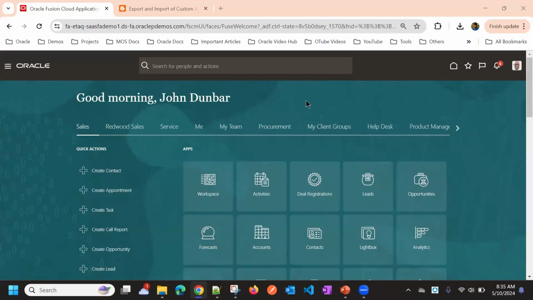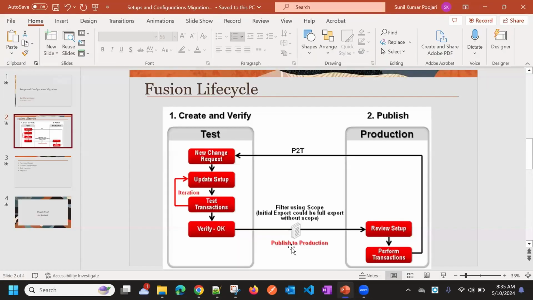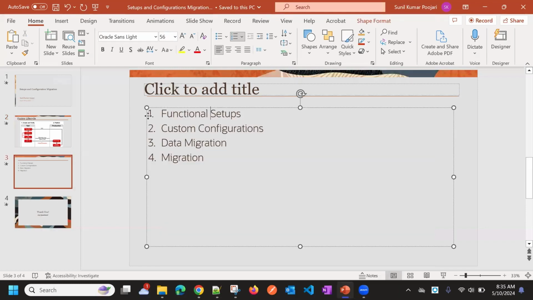Now, we did some application composer changes, email templates, then page composer changes, all these things. We wanted to migrate these also. So the sequence can be like this. First, you need to